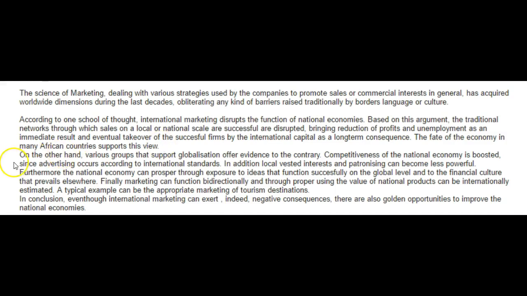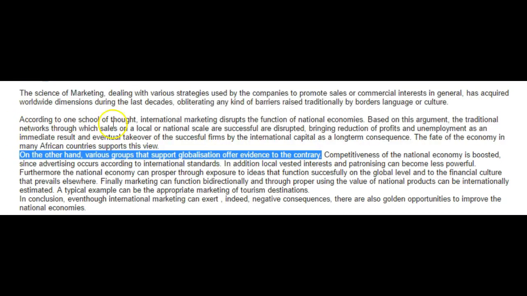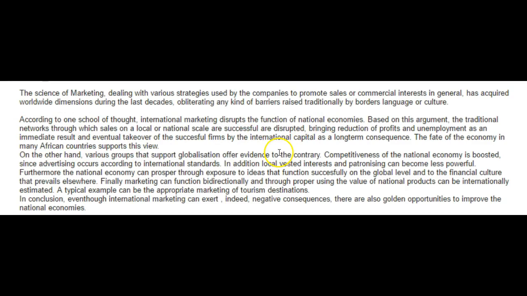On the other hand, various groups that support globalization offer evidence to the contrary. Again, your introductory sentences to your paragraphs are great. Competitiveness in the national economy is boosted since advertising occurs according to international standards. Very good. In addition, comma, local vested interests